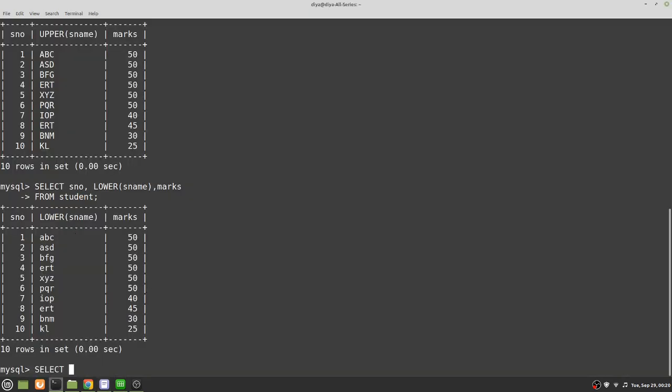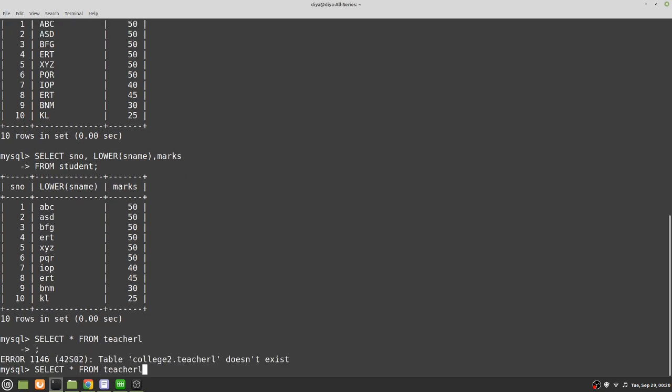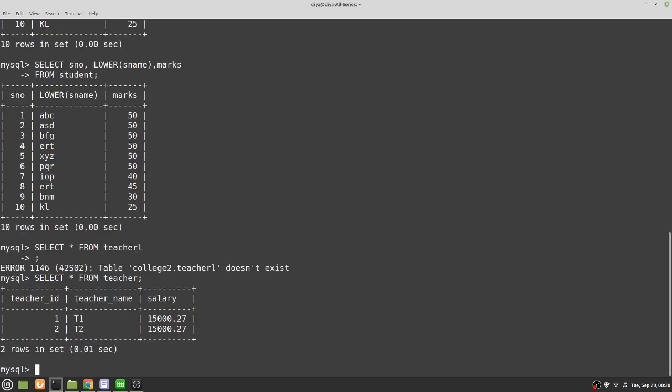Select star from, sorry, there is a spelling mistake, teacher, and you can see there is a column salary. The salary has values of 15,000.27 for teacher 1 and for teacher 2 also the same salary.